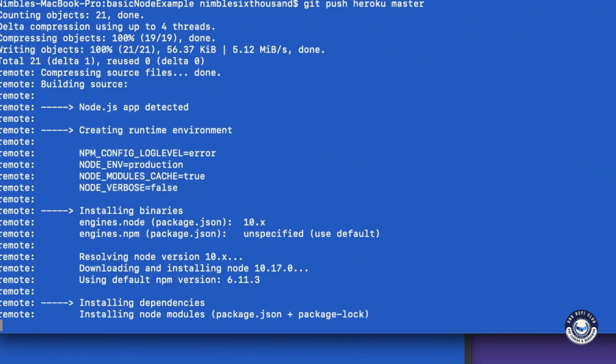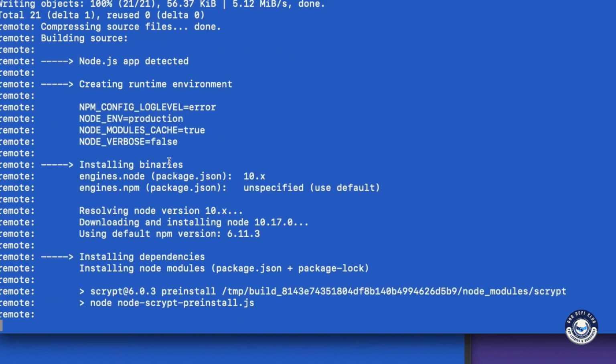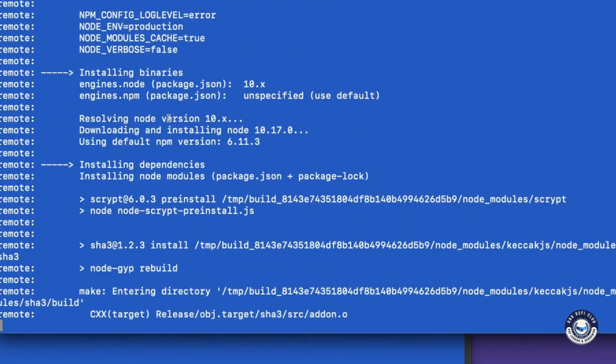Now the problem with free applications is that it'll shut off every few hours. But if you pay and you upgrade it to $7 a month, then it'll run continuously. So this server is a free server, so it'll shut down. That kind of sucks for Node apps, because usually you're doing something 24/7 where you want your node to constantly be monitoring stuff. But just to get you started on how you actually deploy this thing, I'll go to this URL